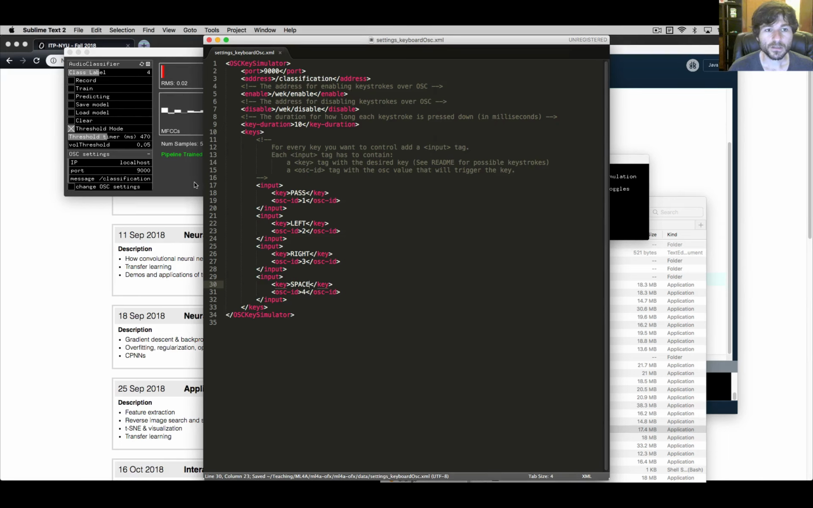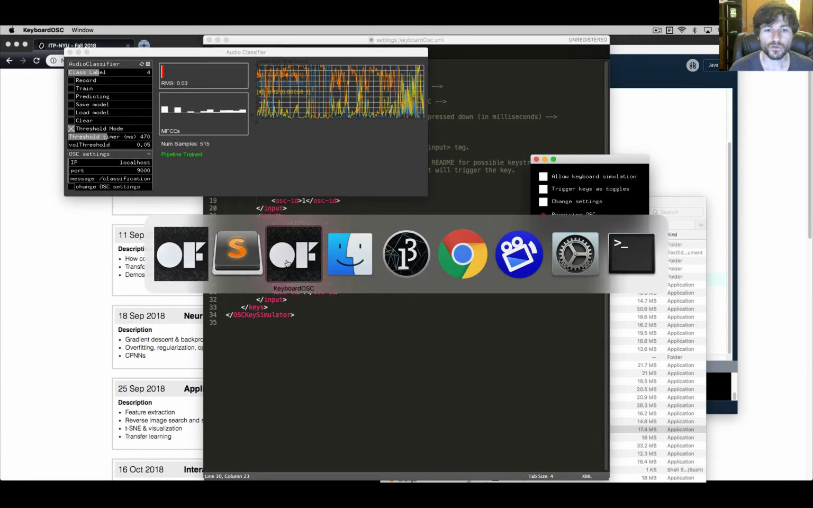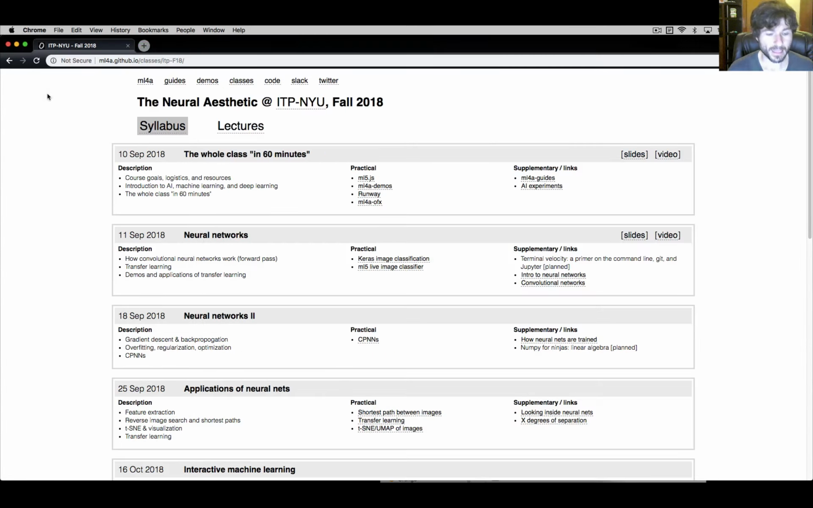So now this is going to send its classifications to Keyboard OSC, and when we have allow keyboard simulation on and it's predicting, it's going to actually do these keyboard events, right? So here's what I'm going to do. I'm going to allow keyboard simulation. I'm going to hit predicting, and now